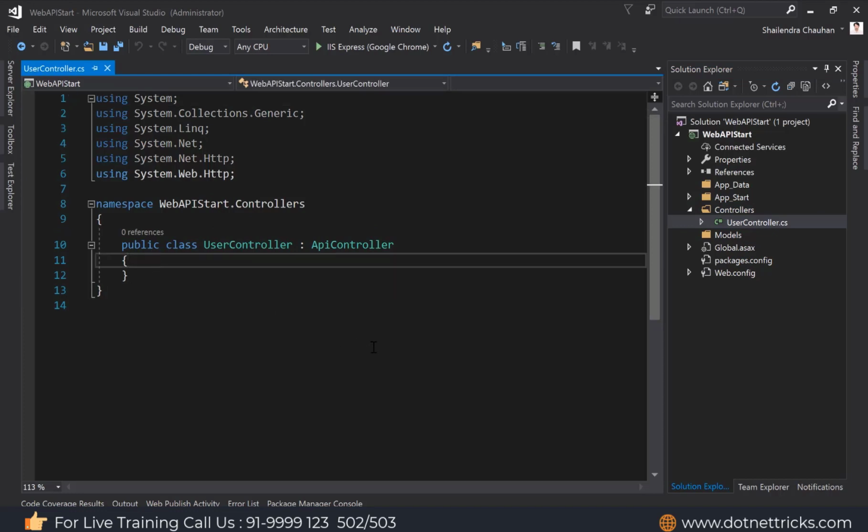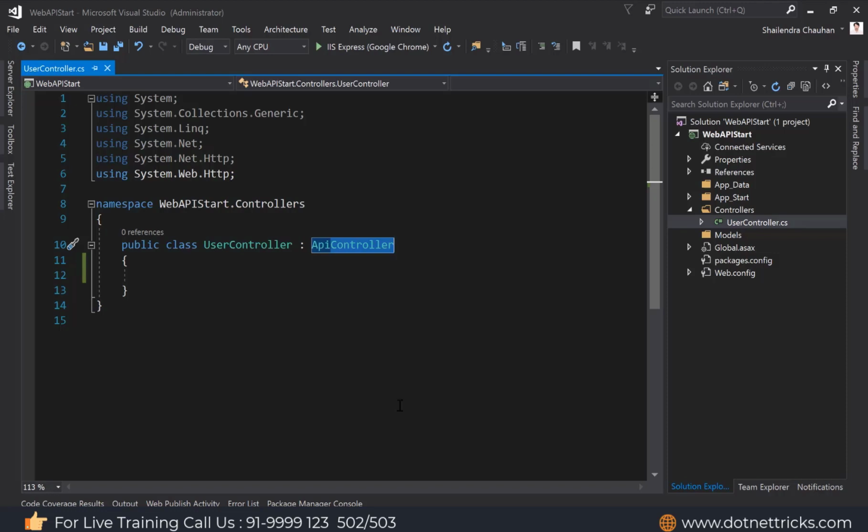You can see in the API, every controller is going to be inherited from ApiController. If you remember, in case of MVC5, all the controllers are inherited from the Controller class there. So the difference between MVC controller and API controller is, in MVC, all controllers are inherited from the Controller class, but in ASP.NET Web API, all controllers would be inherited from the ApiController class.